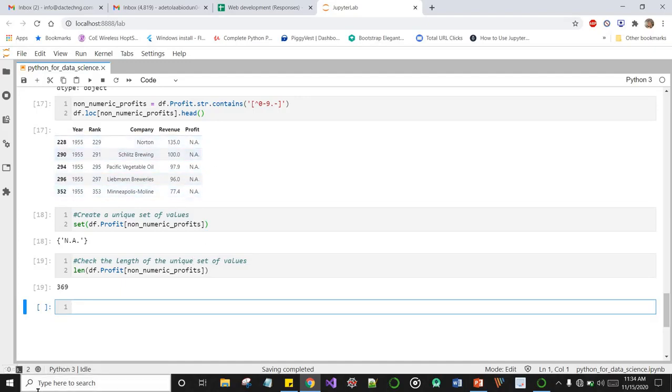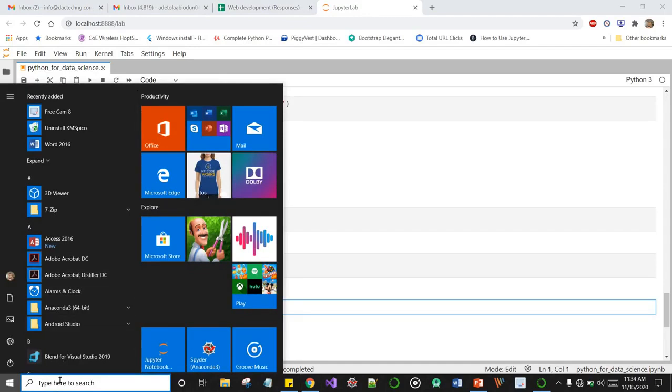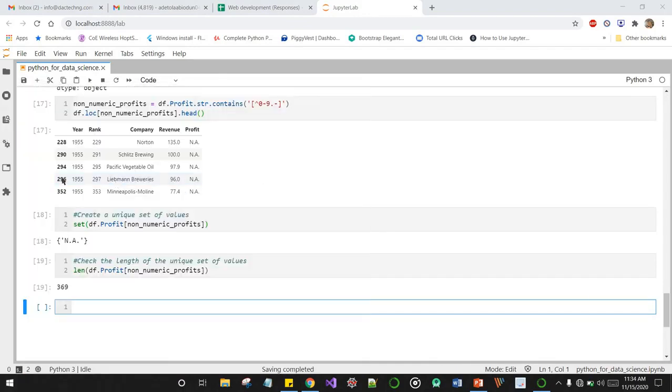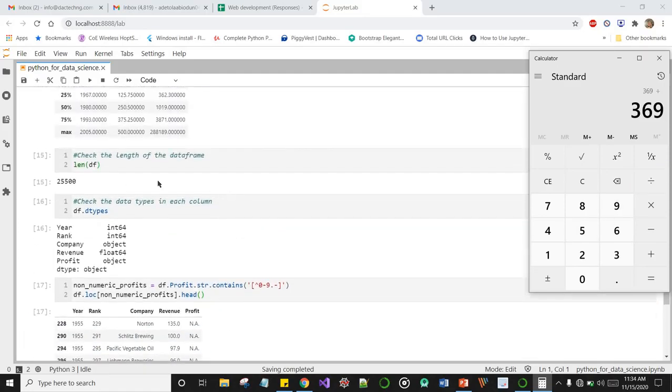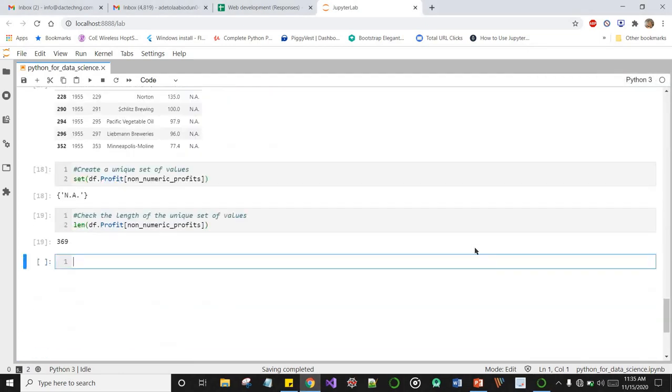Okay, so we can quickly grab a calculator here and do the mathematics. The number of rows we have is 25,500, right? Cool. And do a multiplication by 100%. Oh, we just have about 1.4% of missing values in our data set. It's not too bad. We can overlook that, right?